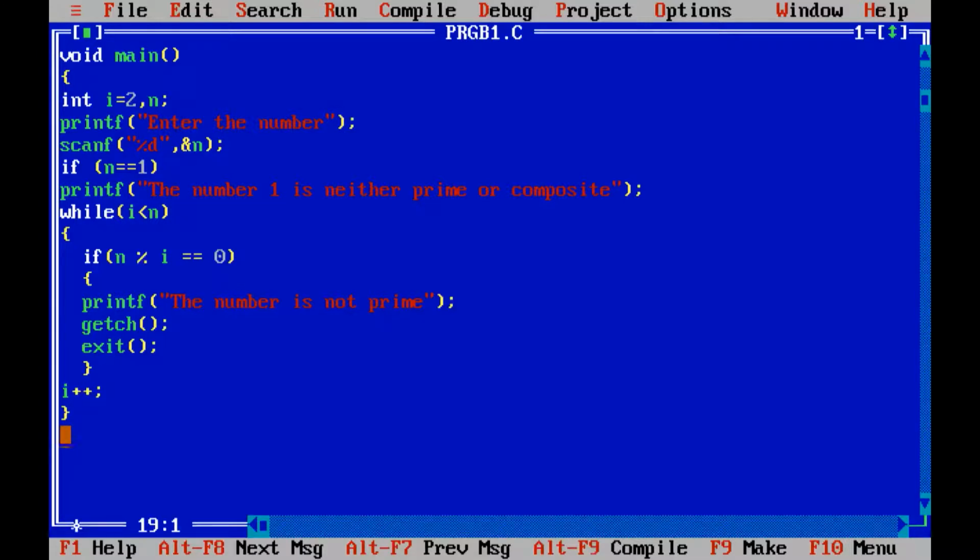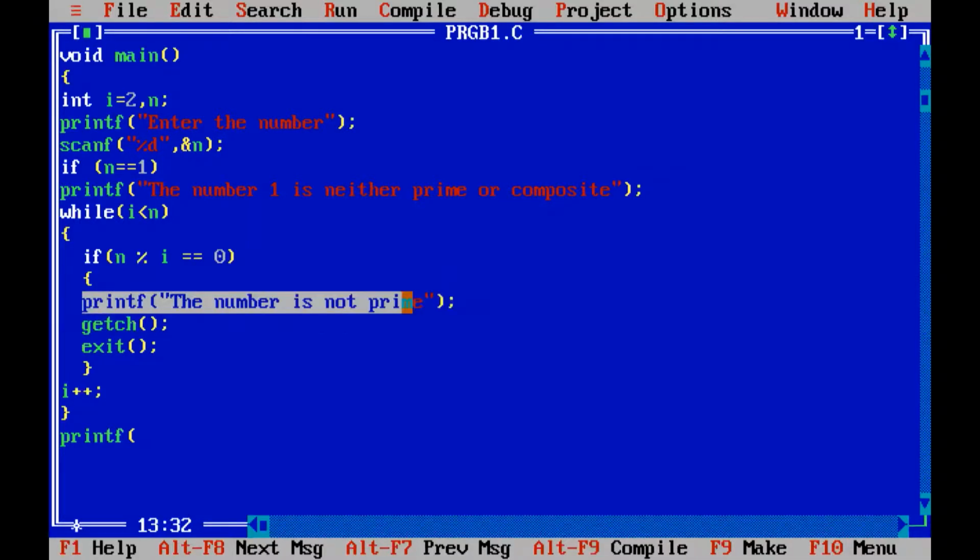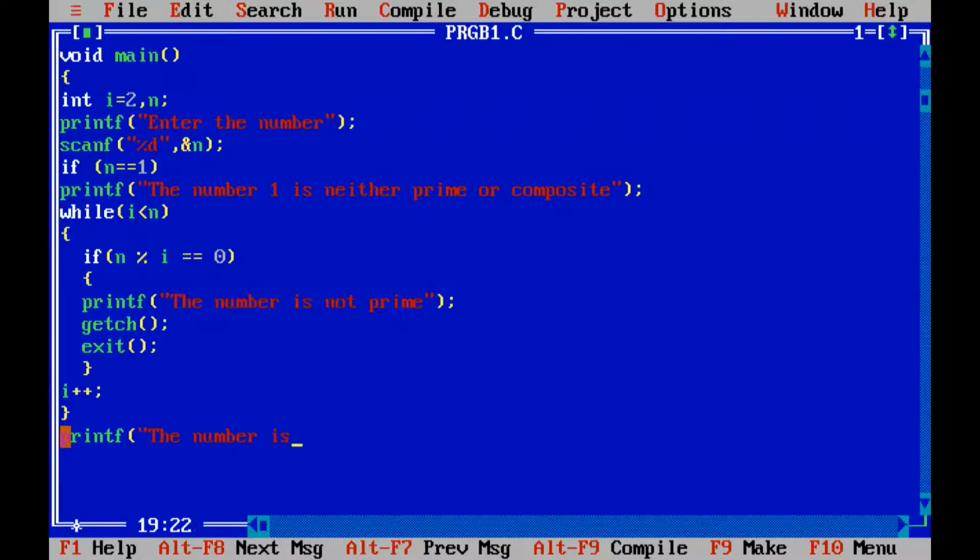Then we have to print that only those numbers which are not prime will not be completely executing all the iterations of while, right? So when it comes out, what will it be printing? You know that those numbers which are not prime have already exited from here when they find a factor. So those numbers which finish the execution of the while loop and come out of the while loop will obviously be a prime number. So you have to print the number is prime. Only this much is the coding.